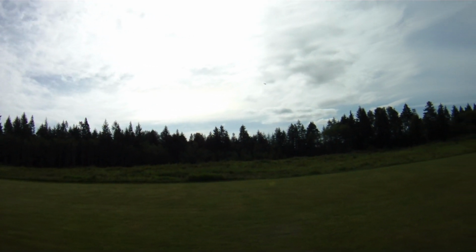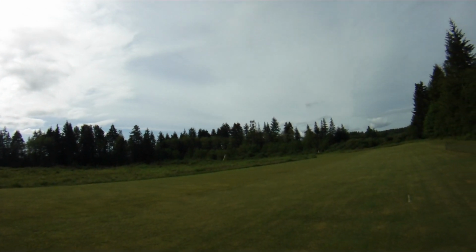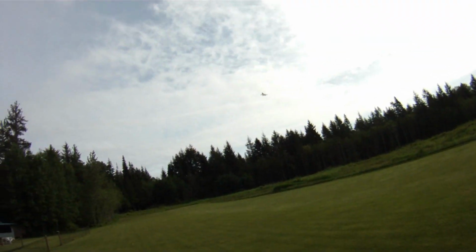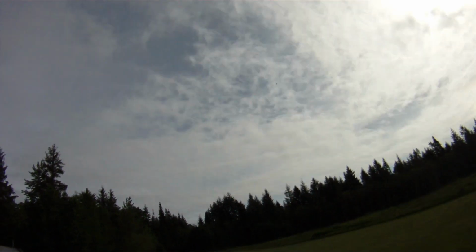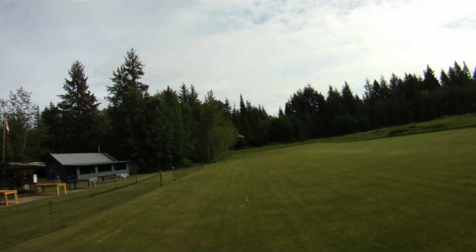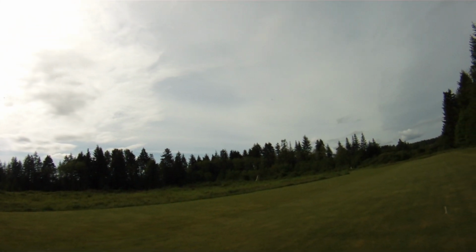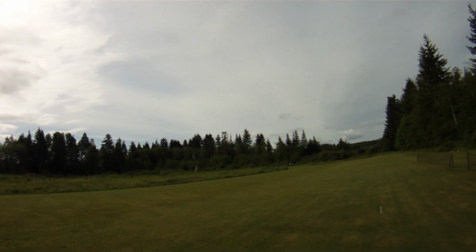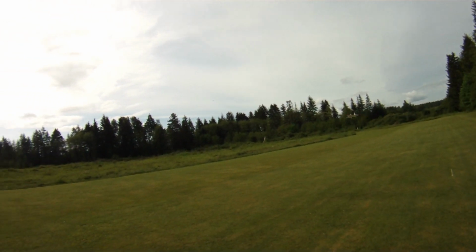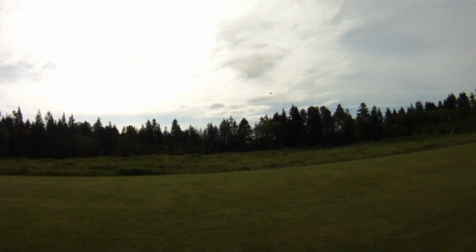So I did one flight with it already. Pretty good power on 3S. It's not as stiff as some props. With this motor, I think you definitely on 3S get better power and performance with the GemFan 6045 carbon nylon, because it's a much stiffer prop and of course higher pitch. But for 25 cents a prop, it's not bad, and like I said, very efficient, only pulling